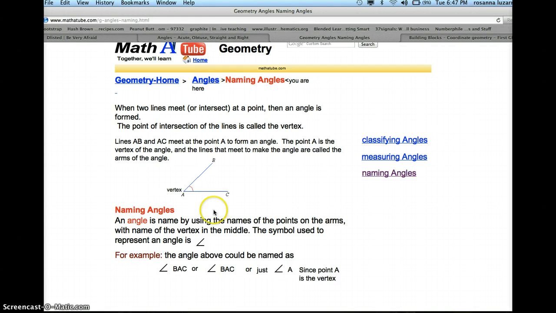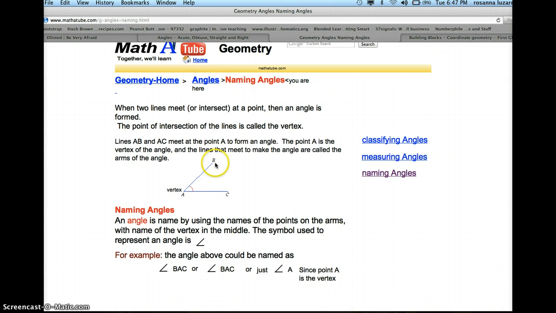Now, you can name an angle by using this symbol here. So this angle can be named by writing the word angle or just using this symbol, angle BAC. You're using all three letters or all three points, but make sure that the vertex, which is A, is in the middle. Then you can also name the same angle